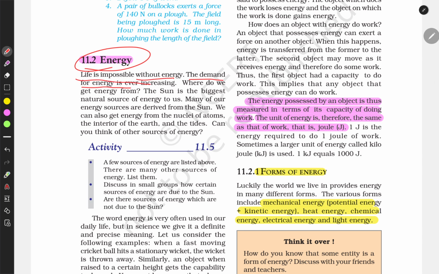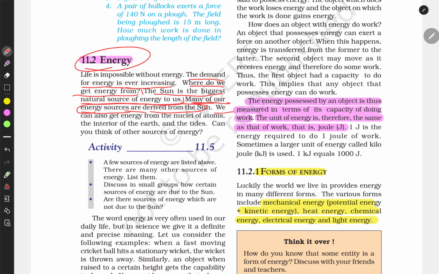The demand for energy is ever increasing. Where do we get energy from? The sun is the biggest natural source of energy to us. Many of our energy sources are derived from the sun. Sun gives energy,